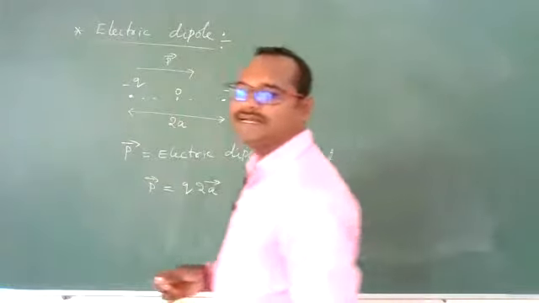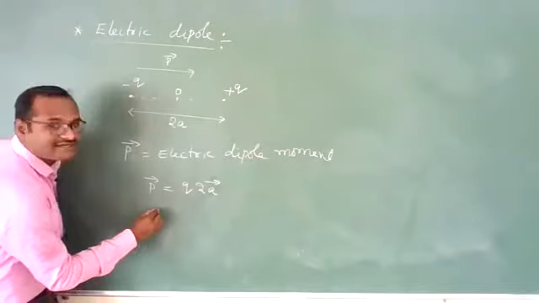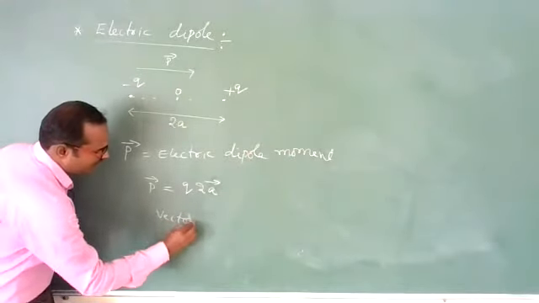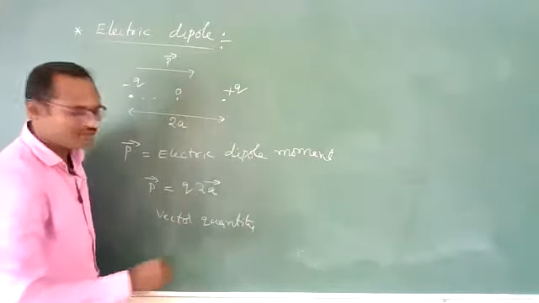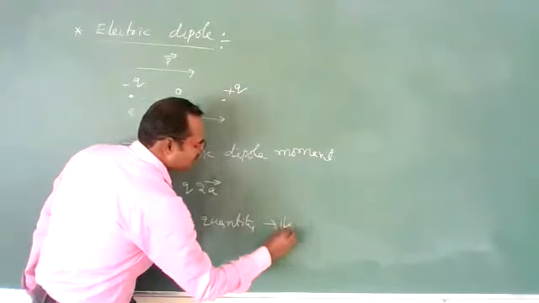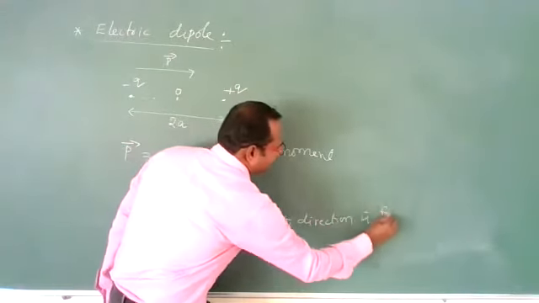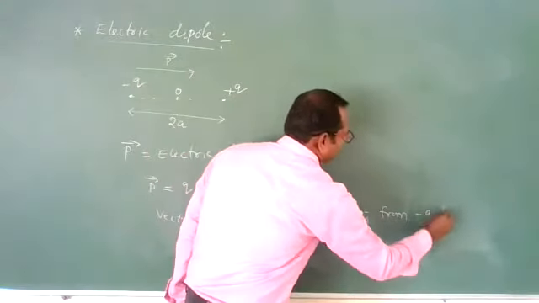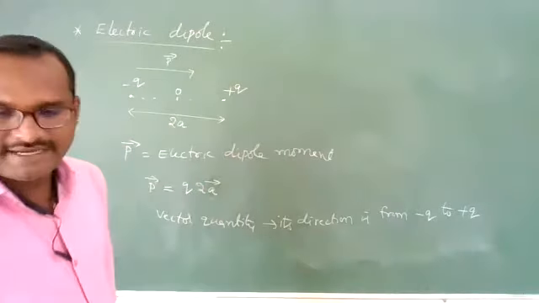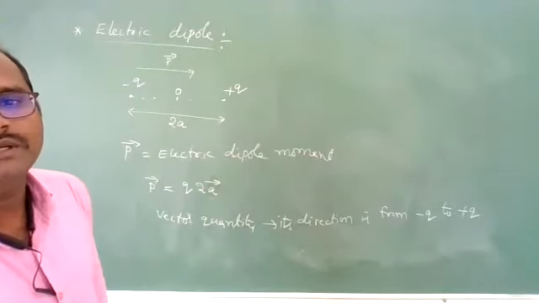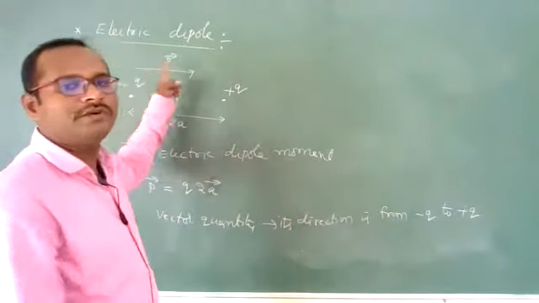This electric dipole moment is a vector quantity. Vector quantity means it should have a direction. Its direction is from negative charge to positive charge. You need to remember this point. Electric dipole moment is a vector quantity, and its direction will be from negative charge to positive charge, whereas